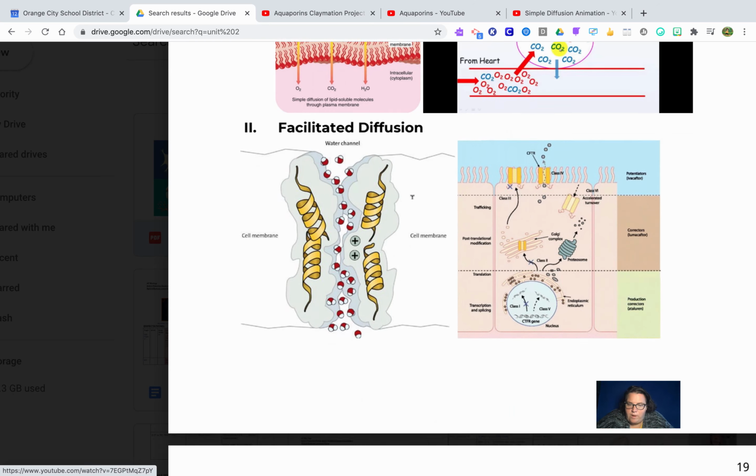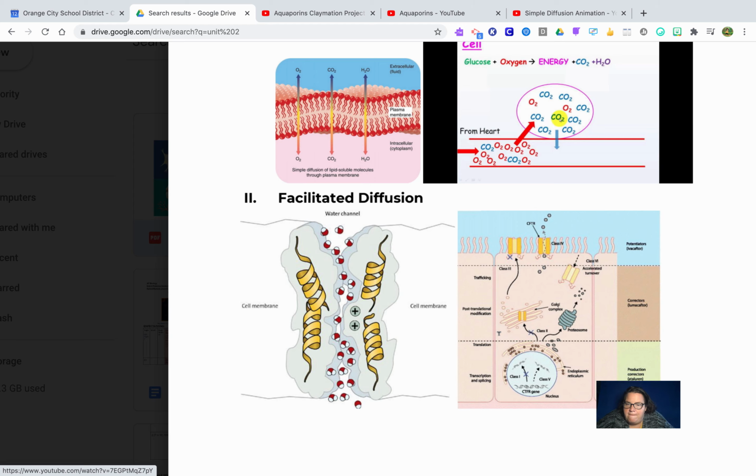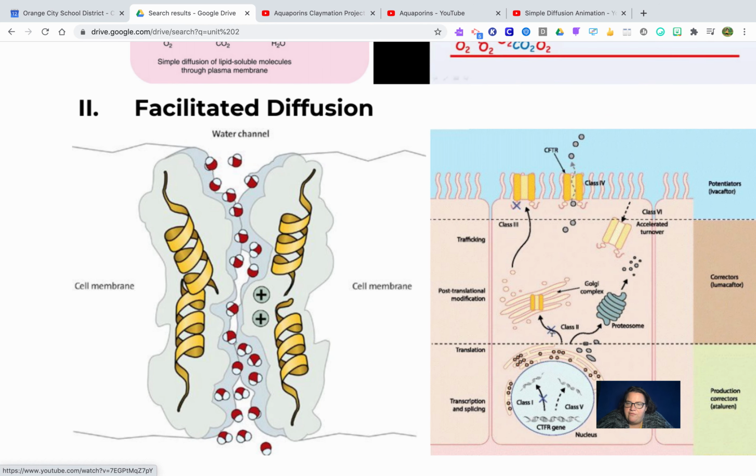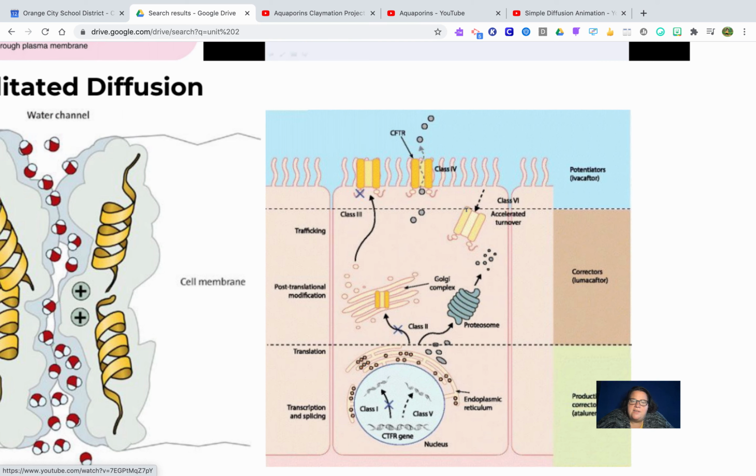And another way in which we see a very good example of facilitated diffusion is through these chlorine channels. So what happens is our byproduct of our metabolism is we produce a lot of chlorine. And the chlorine channel is going to get that from an area of high concentration to low concentration,